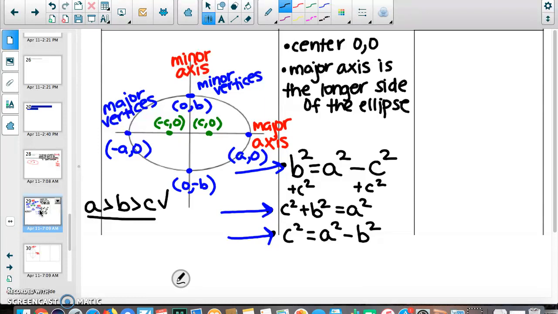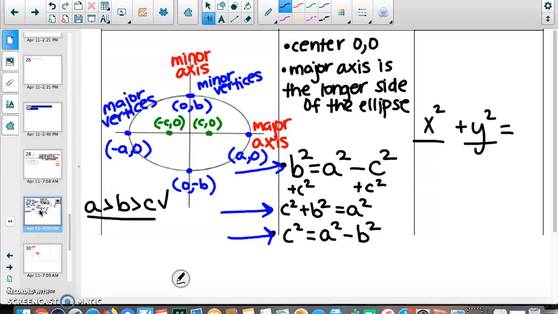Let's move on to the general equation of an ellipse. And it looks similar to a circle equation, but it's a little bit different. And how it's different actually tells us a lot about ellipses. So here's the general beginning of it. And then we actually divide by the